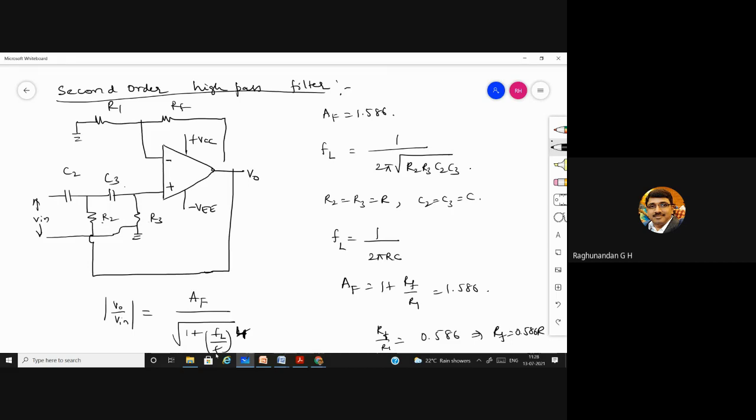And I have one more question. See, we are talking about high pass filter, but we are mentioning FL. In the low pass filter, if you remember, which we did in the last class, we are talking about low pass filter, but the equation we are writing is FH. May I know why it is like that? It's a very common sense question. Just let me know how much you have understood.